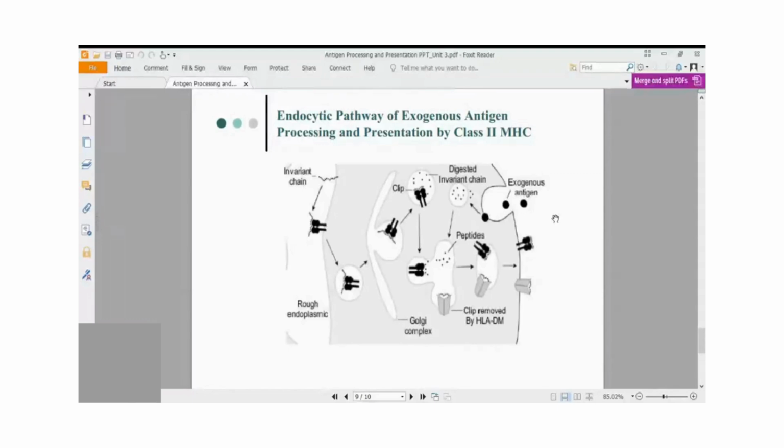There will be no NK cell response because they recognize antigen only on class 1 MHC. If class 1 MHC fails to present non-self antigen, CD8 T cells will not be activated, NK cells will not be activated. Therefore, there is a possibility that if those viruses or bacteria have the ability of inhibition of MHC,